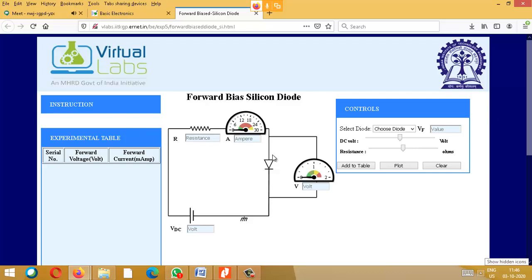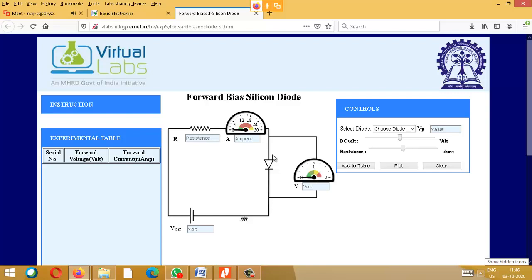When a P-type material is brought near N-type material and you try to make it a single unit, there is something called diffusion current and drift current. Drift is if you are not coming to class and someone is forcing you, then it is called drift. And when we say you have class at 11 o'clock, and without any further notification you automatically come and join the class, that is called diffusion. So there is a difference between diffusion and drift.